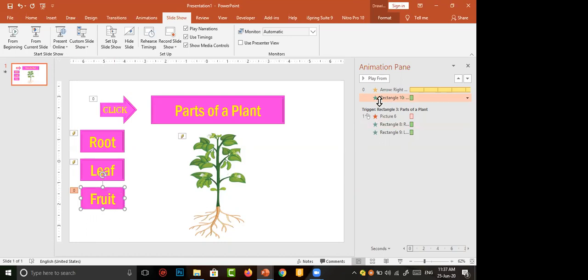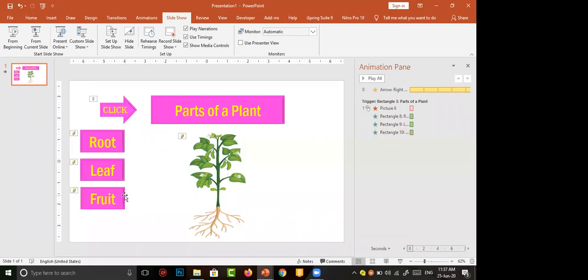The animation for this box is at the top of the animation pane. But when should it happen? With the previous one, that is the one applied for leaf. So it should be brought below the leaf. Leaf animation is here, fruit animation is at the top. So I have to bring this one down by dragging, or we can use the down arrow. After selecting this one, you have to use the two arrow marks. The upward arrow means we can move the animation to the previous one. Now I am going to move it to the bottom. In both ways, you can change the position.